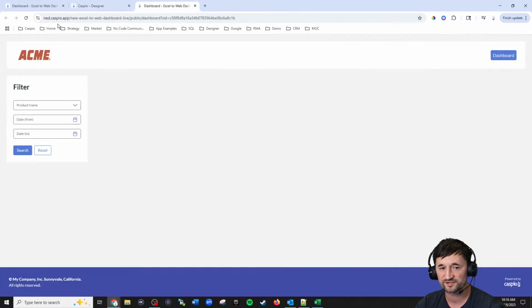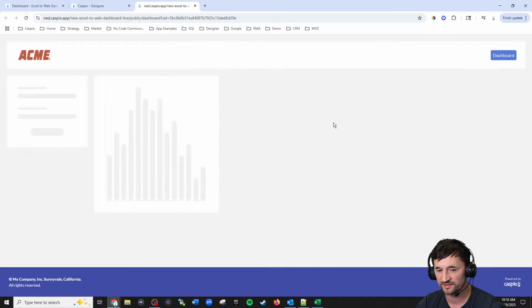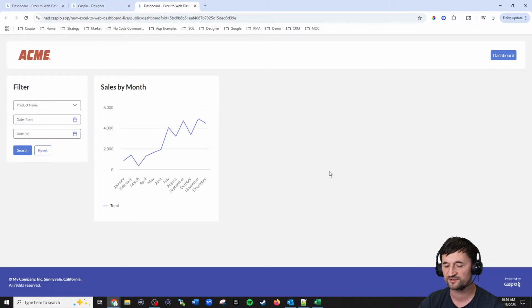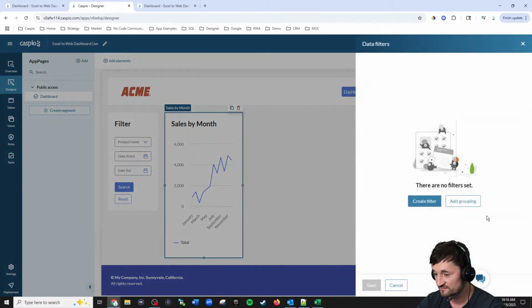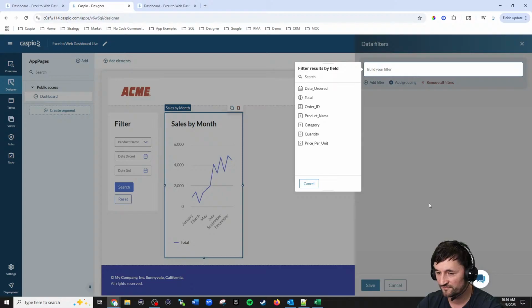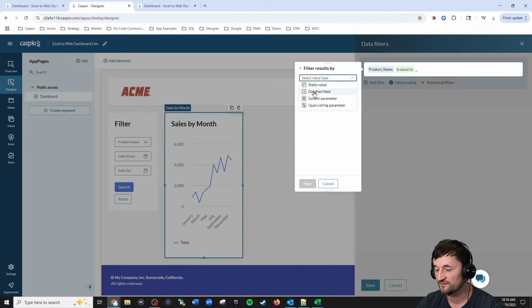But if you refresh the form or the web page, you will now see that line chart and you can see month over month sales. So now to create the filters, you're going to simply select the chart. You're going to set your filters, create the filter. And the first one we're going to do is the product name because that's the first field we have on the filter form. So we do product name is equal to, select the data part field,